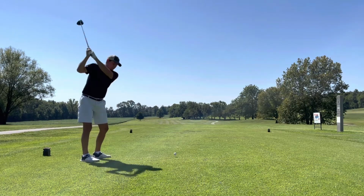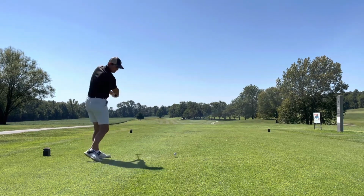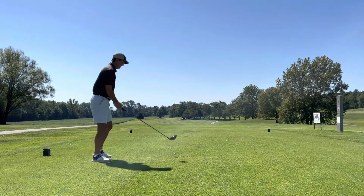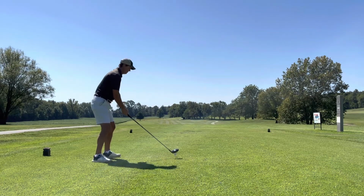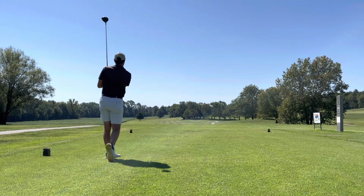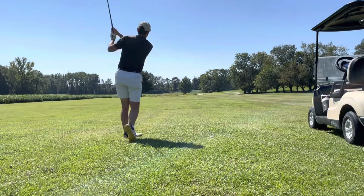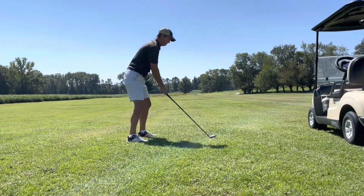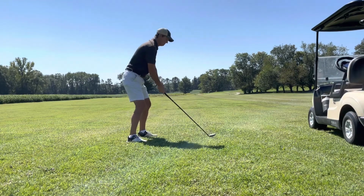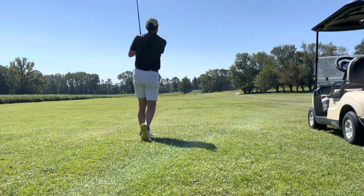So hole number 2, 500-yard par 5. Slight dogleg to the left. And I have my driver. I hit that pretty solid. Middle of the fairway, and I think I had about 220 left. Tried my PXG again, and